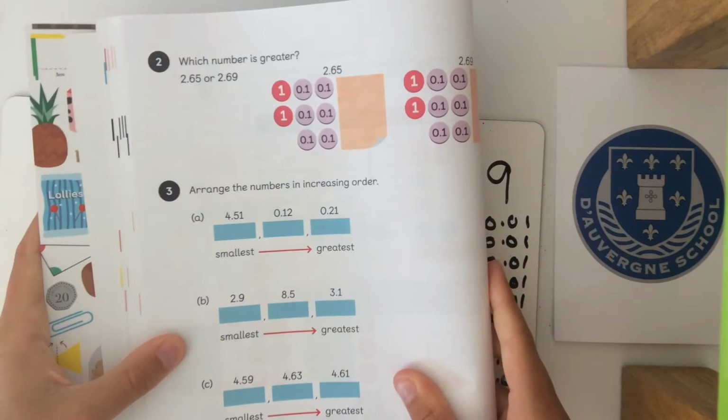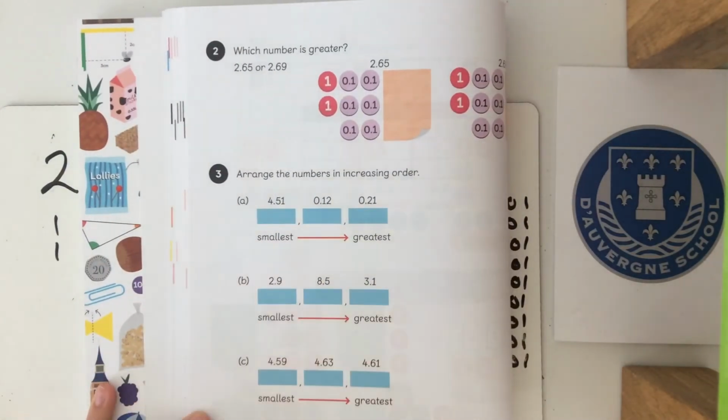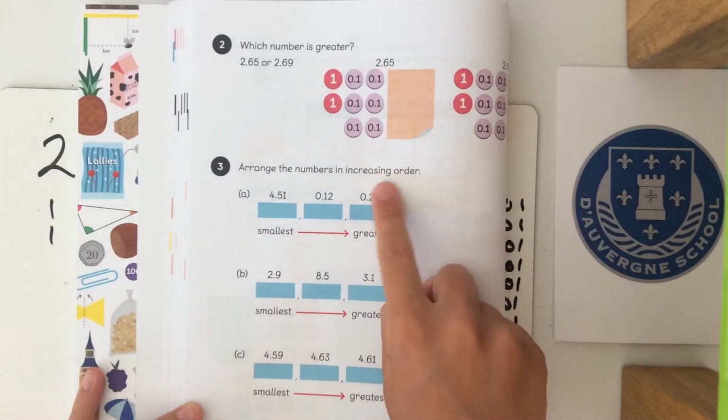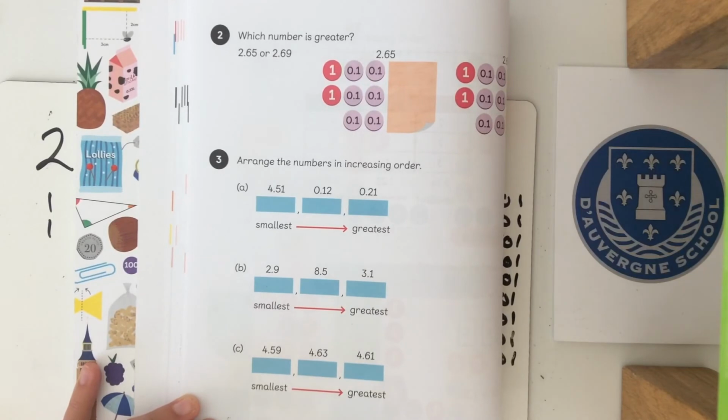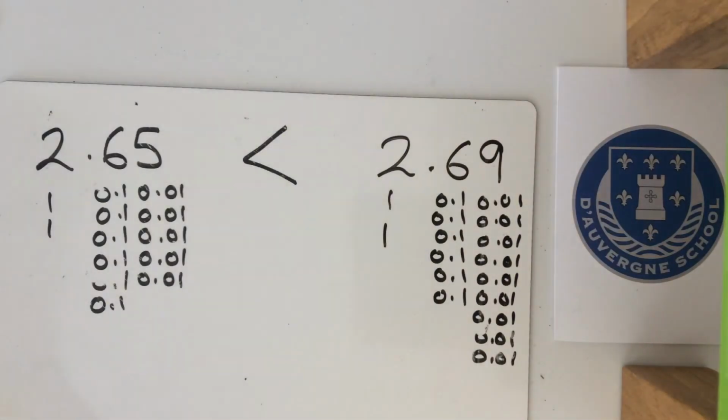So, section 3. Here we are doing what we did yesterday. Arrange the numbers in increasing order. Okay, so smallest to greatest each time. Have a go at A, B and C, and then we'll come back together and discuss the answers. Pause the video now. Okay, so